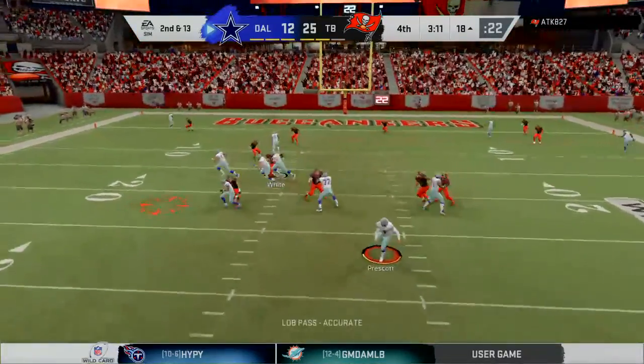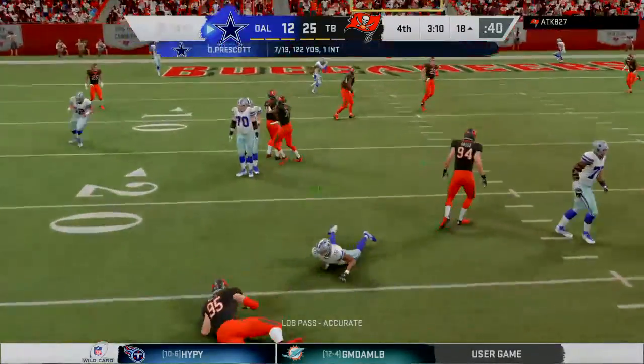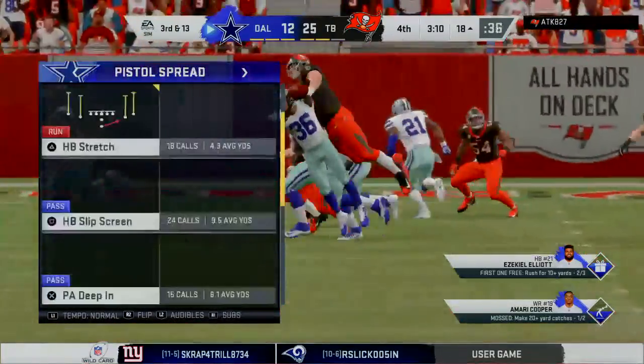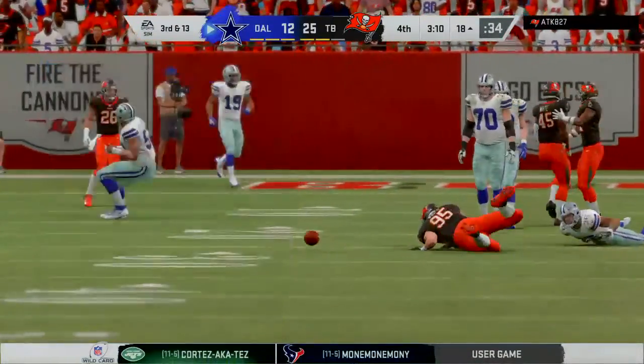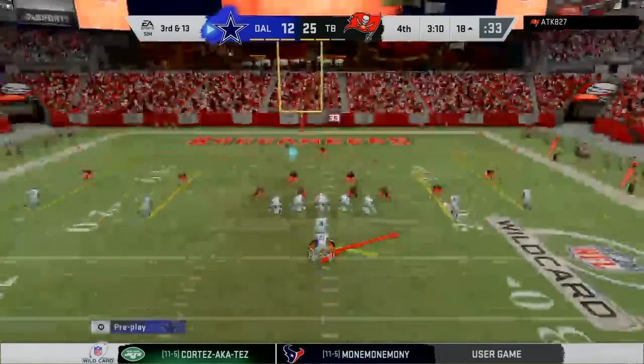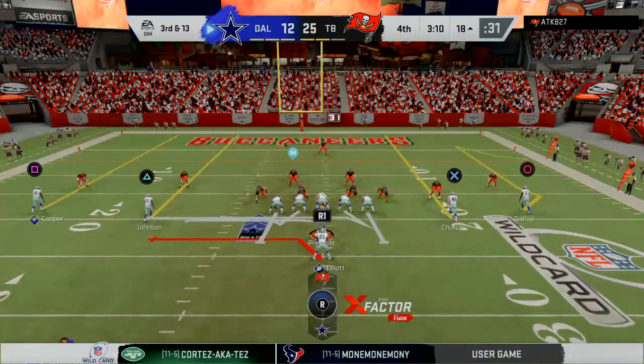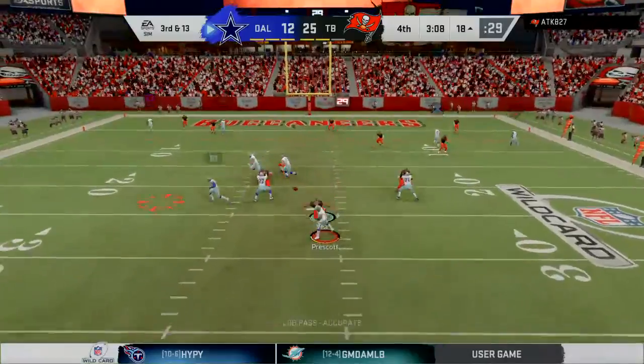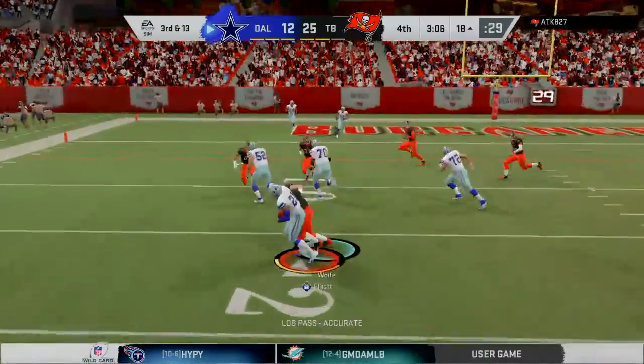To the air again, Prescott. And that is incomplete. A lot of force bearing down on him there. He could not hang on. It's 3rd down. Once you get into the red zone and the safeties have less ground to cover, you better be quick with your delivery. Not much space to get a ball in there. Yeah, when that field shrinks for those safeties, it's almost like...